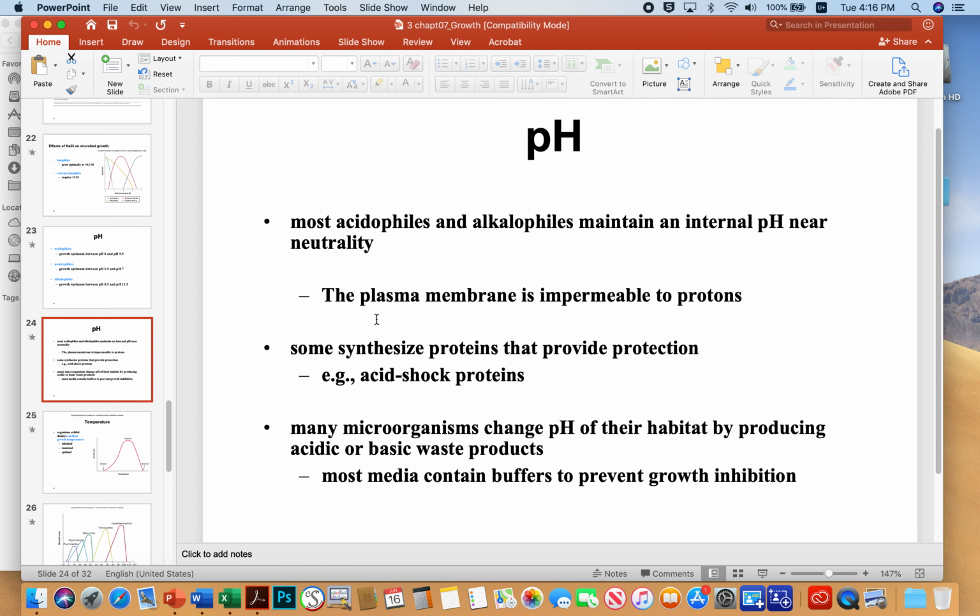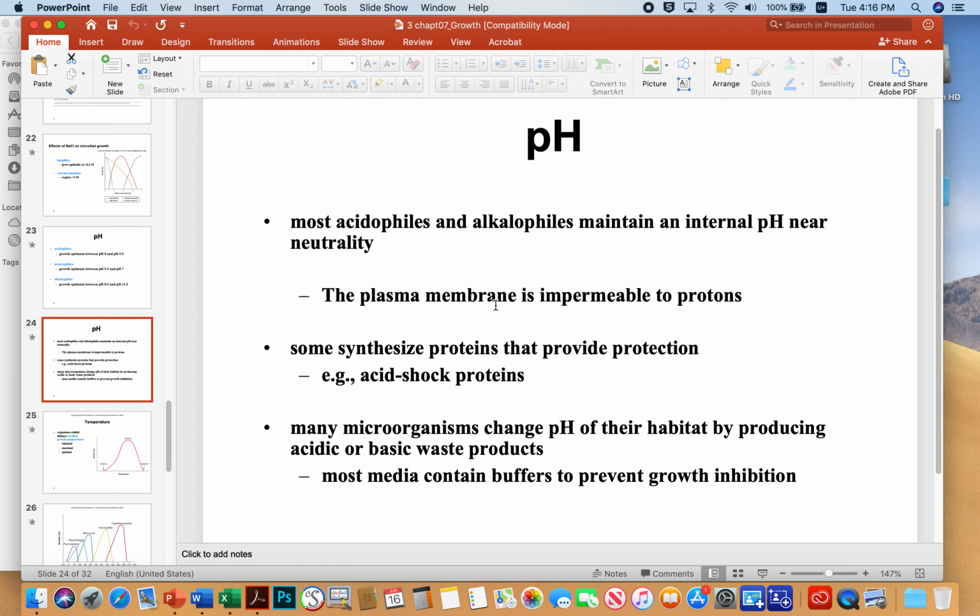And so that means that they have to keep their plasma membrane relatively impermeable to protons. They can't just let a whole bunch of protons in and acidify the cytoplasm, for example. And a lot of these microbes have proteins that they use to protect their DNA, for example. And so these acid shock proteins glom onto the DNA to